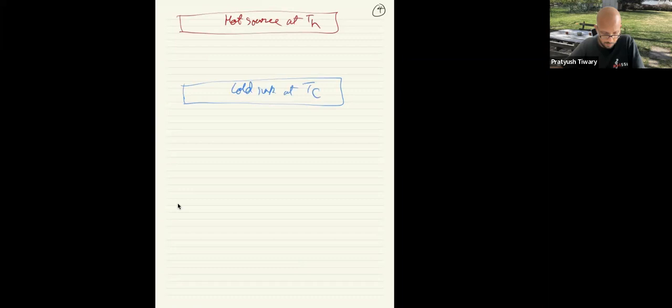And the net effect is that you are taking QHA for process A. You use WB work out of this, WB out of WA. You do that much work to run the process B, which in turn gives back heat QHB